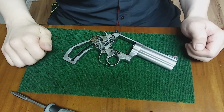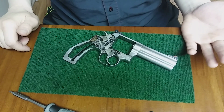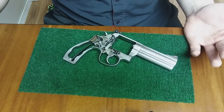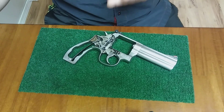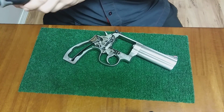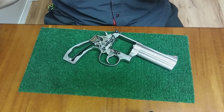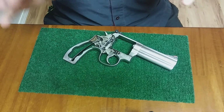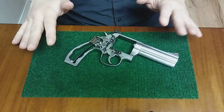Alright, I've often had some discussions with people about Smith & Wesson revolvers versus other revolvers. And I often say that the Smith & Wesson revolver is a superior revolver to other revolvers. And I thought I would strip one down just to kind of show you what I mean by that. And when I say it's superior, I'm not necessarily saying that some are inferior to Smith & Wesson. I'm just saying that there's some points to be made about the Smith & Wesson revolver as to its reliability